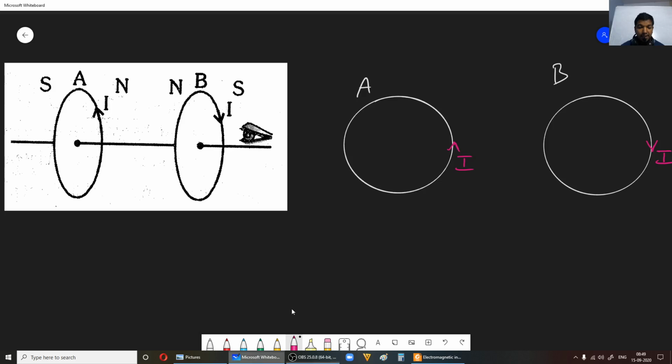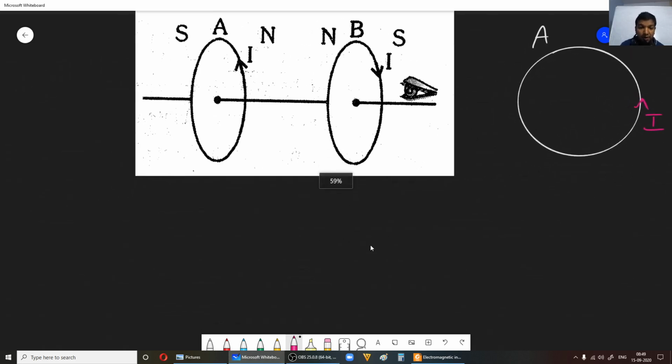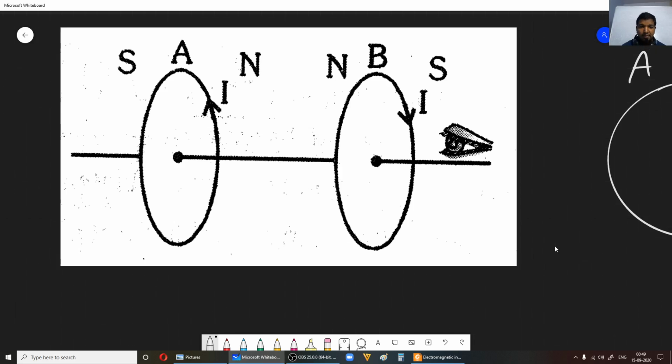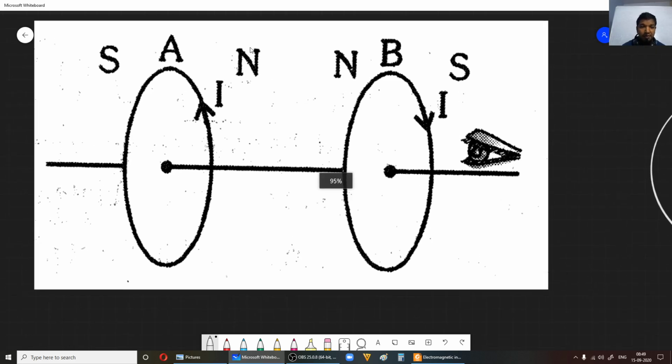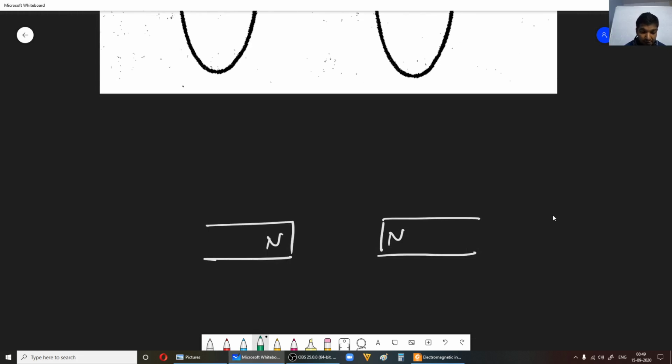Okay, let us take the case where you are moving both the coils towards each other. All right. So in that case, what can happen? See, this is easy. This is similar to two bar magnets which you are trying to move towards each other. The magnetic field pattern is quite similar. They have given north pole of coil A and north pole of coil B. Correct? So when you bring these two bar magnets closer, what might happen here?